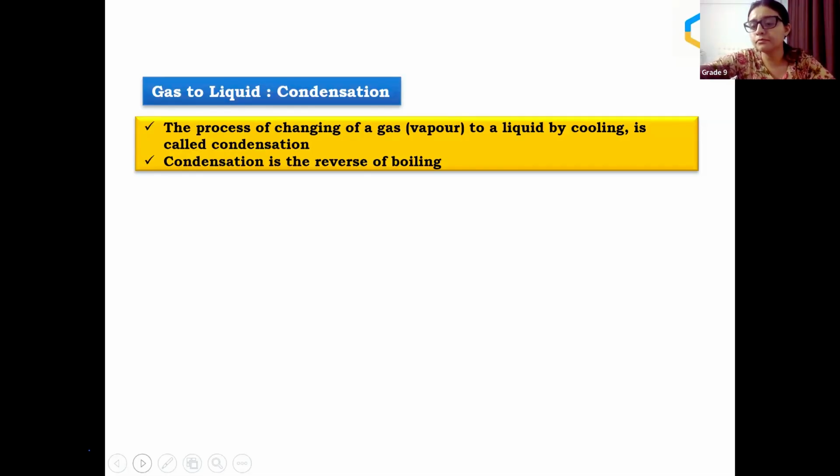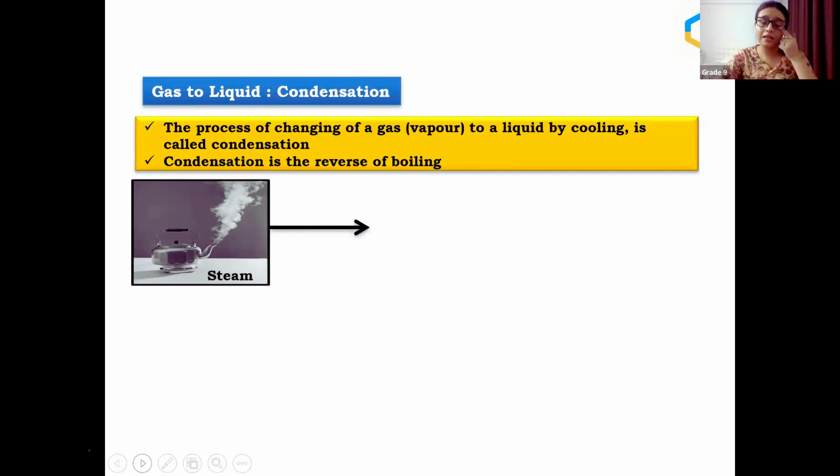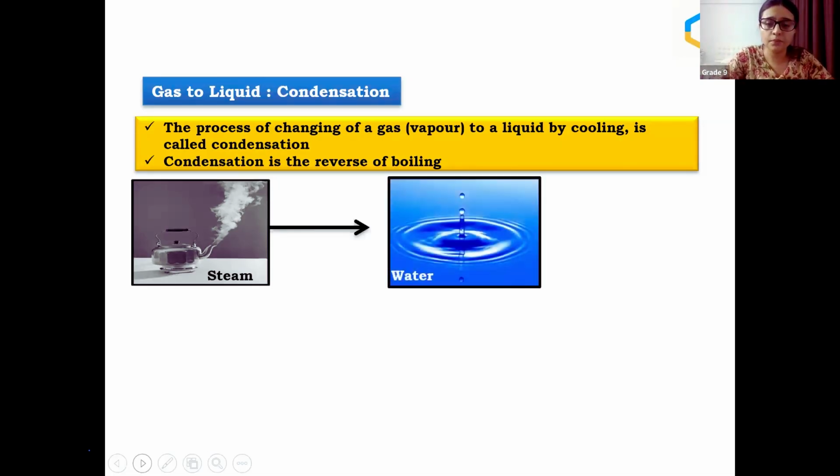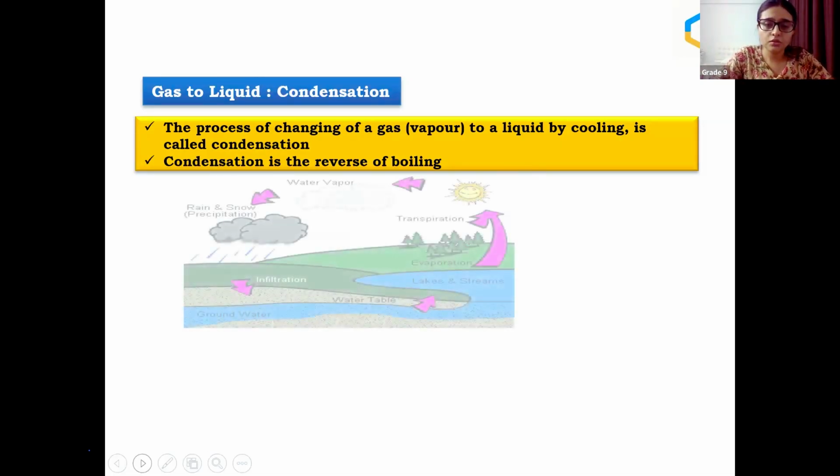Anyone? We will decrease the pressure, no? Because in the boiling we are increasing it. So we will decrease it to reverse the boiling. Okay, we need to write that up also about the pressure. Okay,